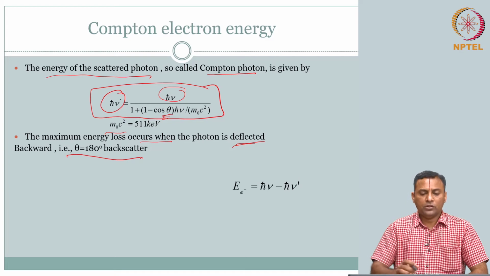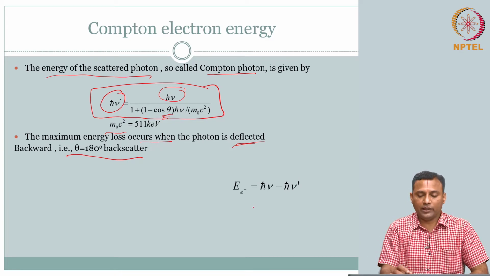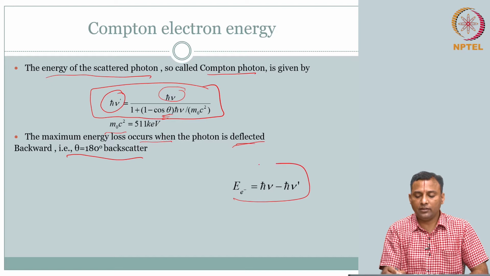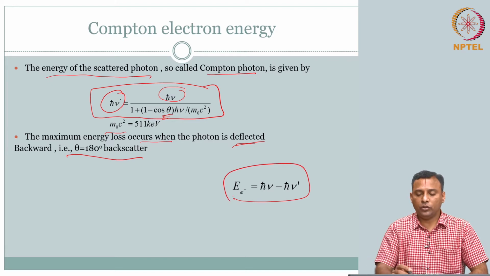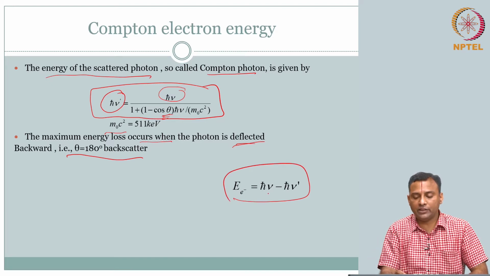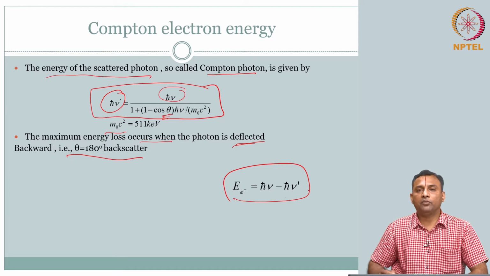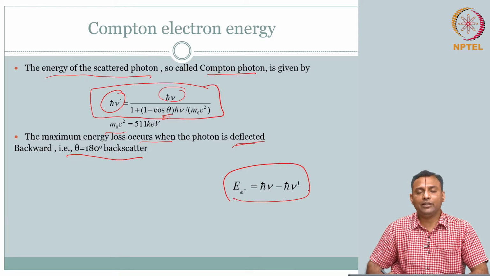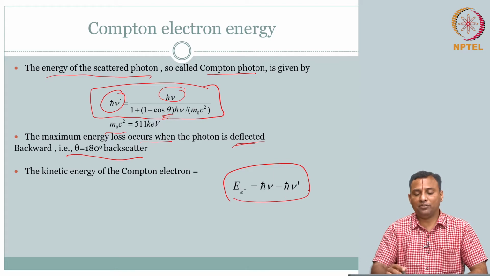So, of course, Compton angle is one thing, and then what is the reduced energy? Your Compton electrons will have an energy which is incoming minus Compton photon energy. That energy is given to the Compton electron. Okay. So, the kinetic energy of the Compton electron is the difference between these two.